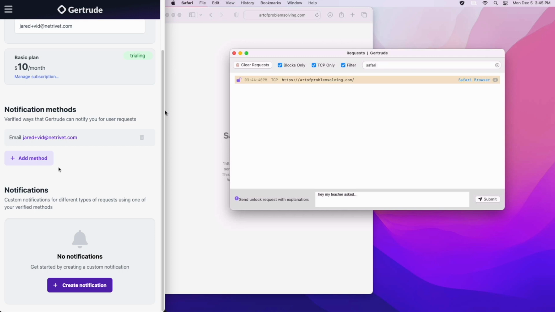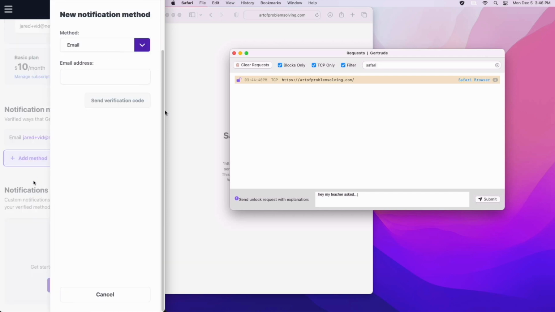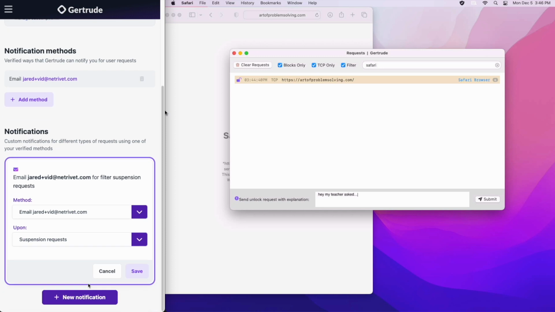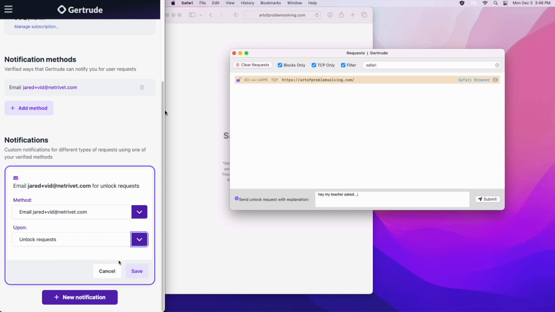And in order to do this, for instance, you can get emails or text messages, or Slack messages if you're a Slack user. The way this works is, by default we allow you to get emails sent to whatever email address you signed up with. So we could create a notification down here that says, hey, send me an email when my user sends an